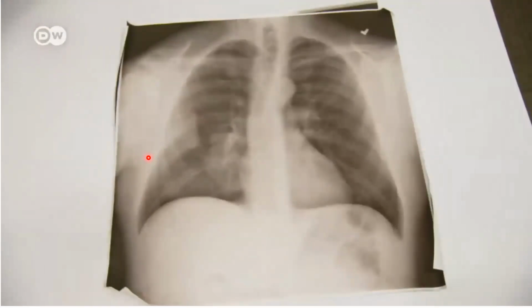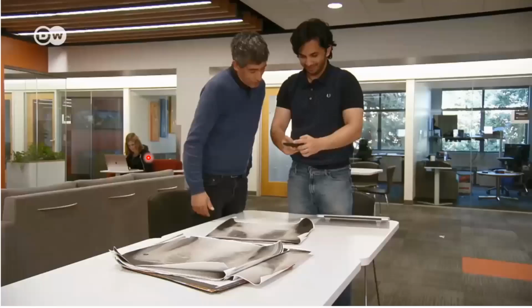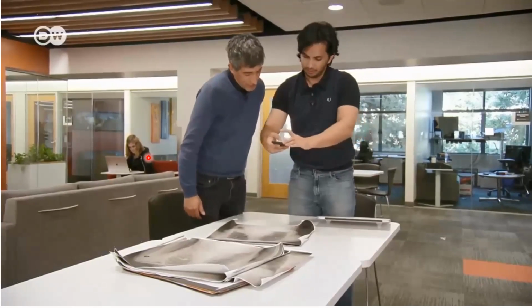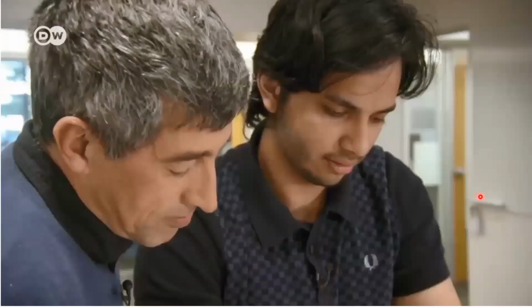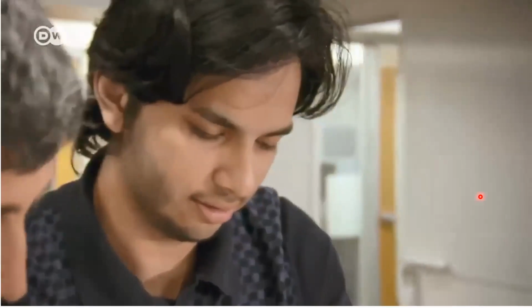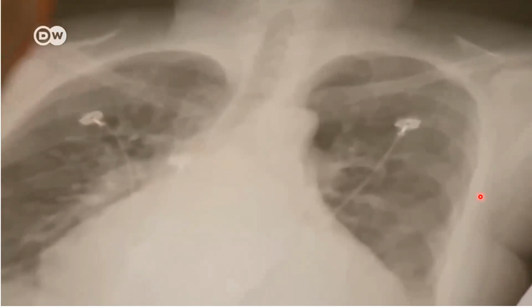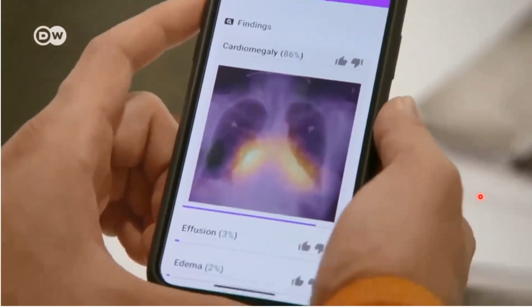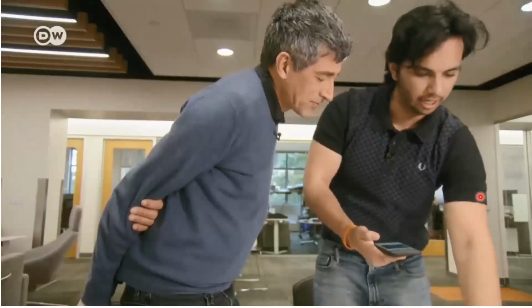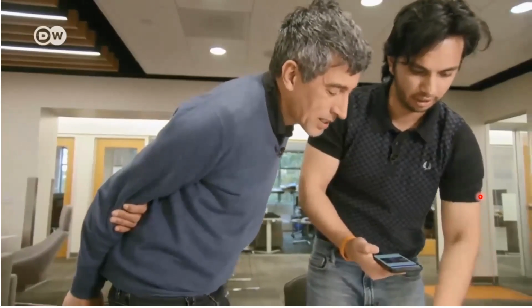Researchers here have developed an artificial intelligence algorithm that can screen X-rays for certain diseases. Computer scientist Pranav Rajpurkar shows me how easy it is to use. Take a picture of an X-ray with your mobile phone, upload the image, and a few seconds later, you get the diagnosis. It's a mass, and it's saying this thing over here is a possibly cancerous lesion.